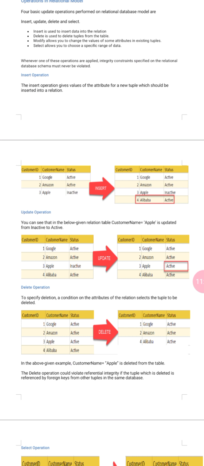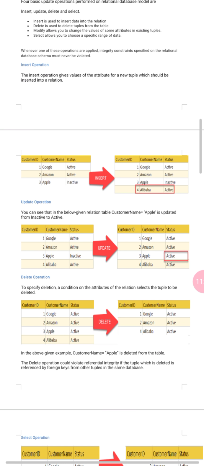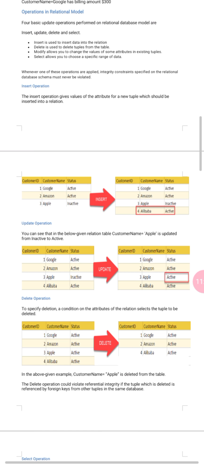Delete is used to delete a tuple from the table. Tuple means row. Modify or update is used to change the value of some attributes in existing tuples.